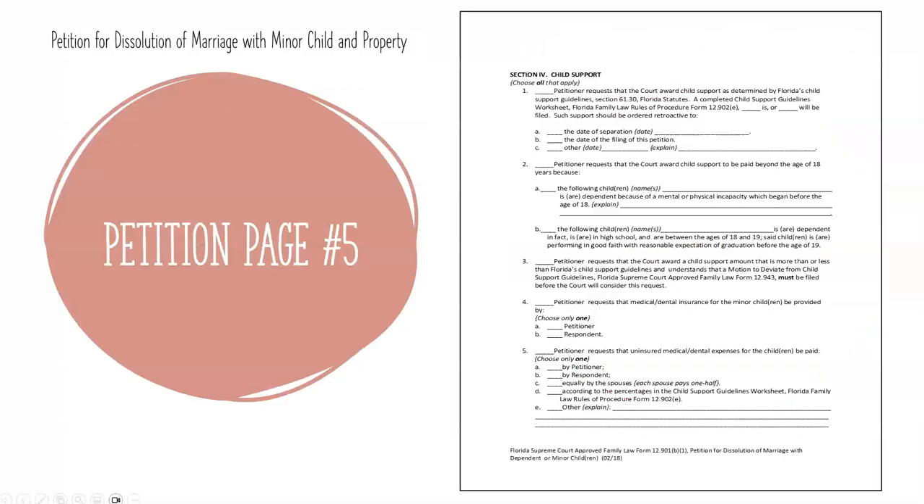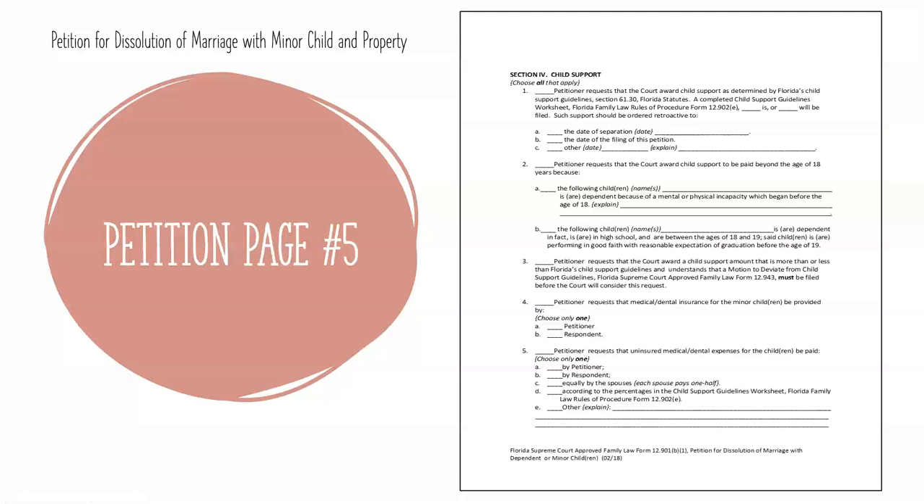Section 4, child support. Select all applicable boxes. For most uncontested divorces, check box 1 and subline B. If paragraphs 2 through 3 apply to your case, schedule a coaching call before completing this section. On paragraph 4,